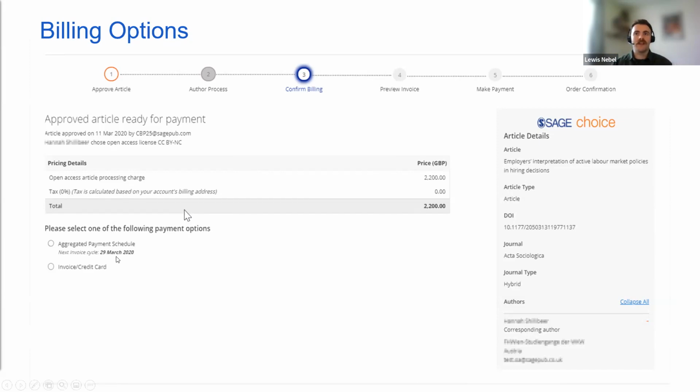So all of the articles within a certain time period will be collated onto a single invoice to be paid. At this stage, once they've been put onto an aggregated invoice, then the publication process will continue. We don't have to wait for payment of that aggregated invoice, because obviously it could be on a quarterly or monthly cycle, and we don't want authors to have to be waiting for that. So it is considered paid at that stage.